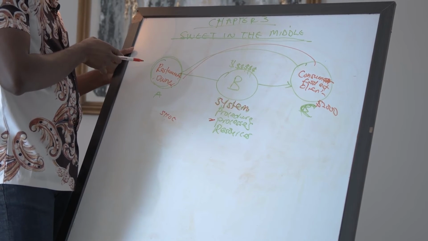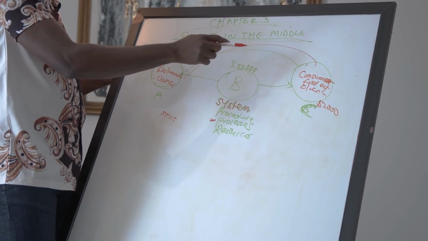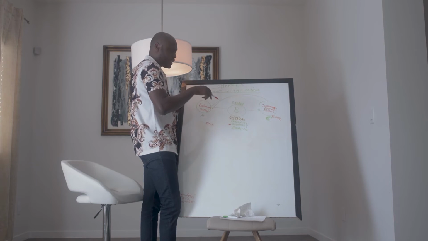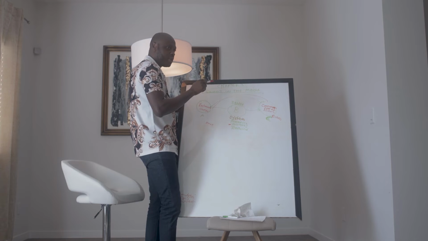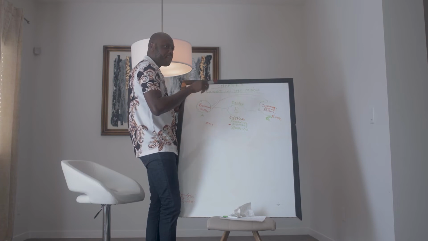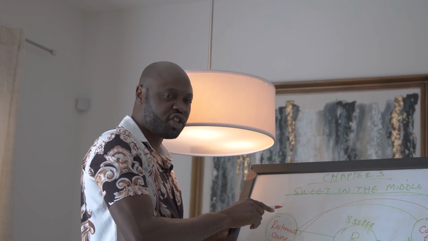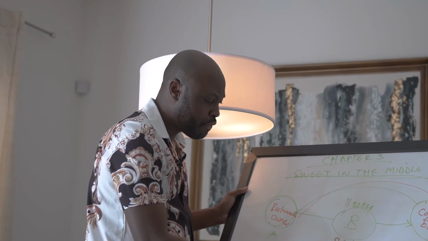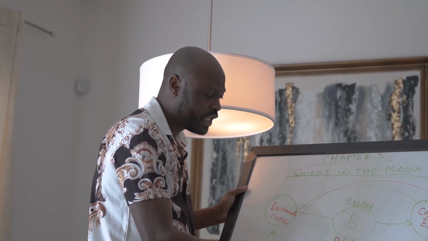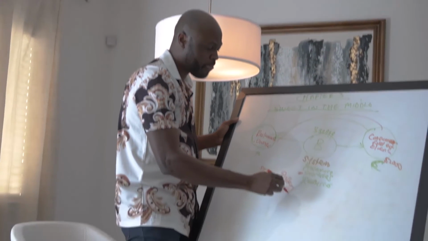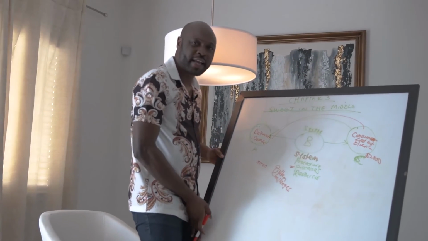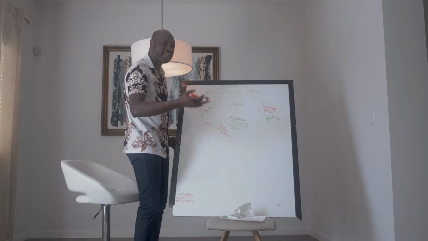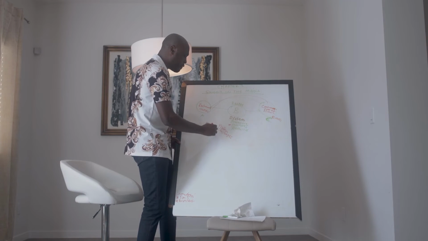I don't have to produce the food. I don't have to produce the customer. I just want to be in the middle. How do I set up processes, systems, procedures with a little bit of my resources for me to get paid on this person's restaurant and take away the problem, challenges of the consumer? How do I take away the bottleneck and get paid for it? How do I take away the challenges? How do I remove the long queue?